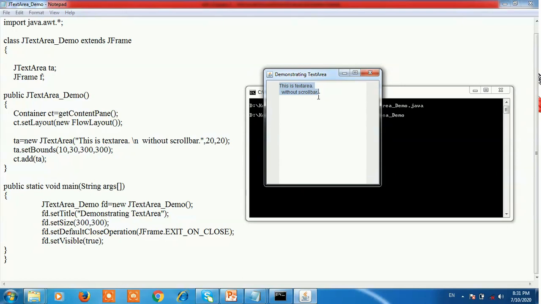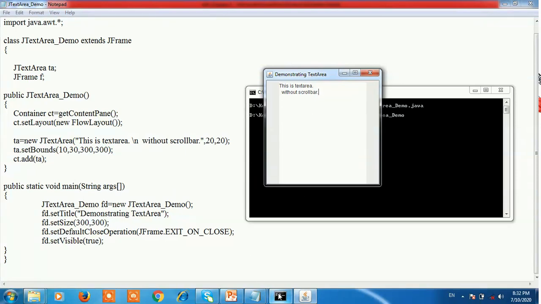The message is displayed initially in the text area because we pass the initial message in the program. So this message is displayed in the text area at the time of running the program. This is a sample example of the JTextAreaDemo.